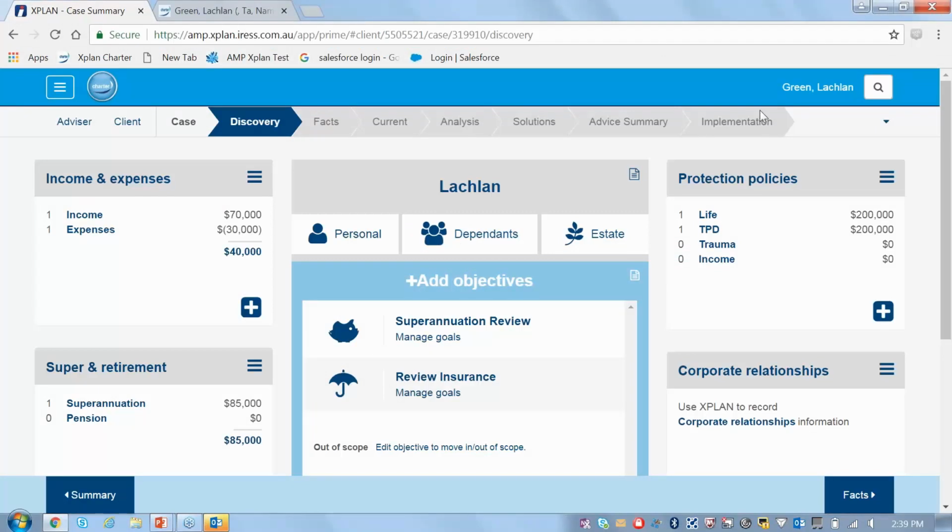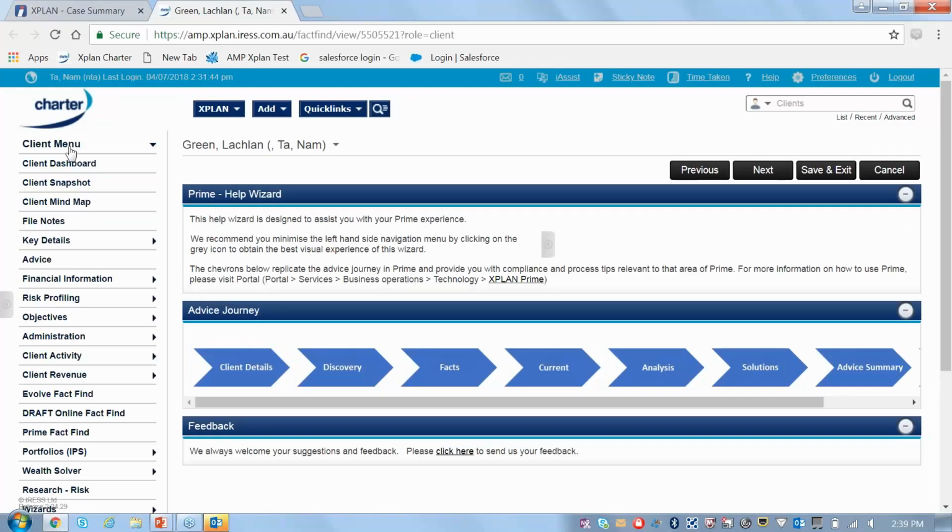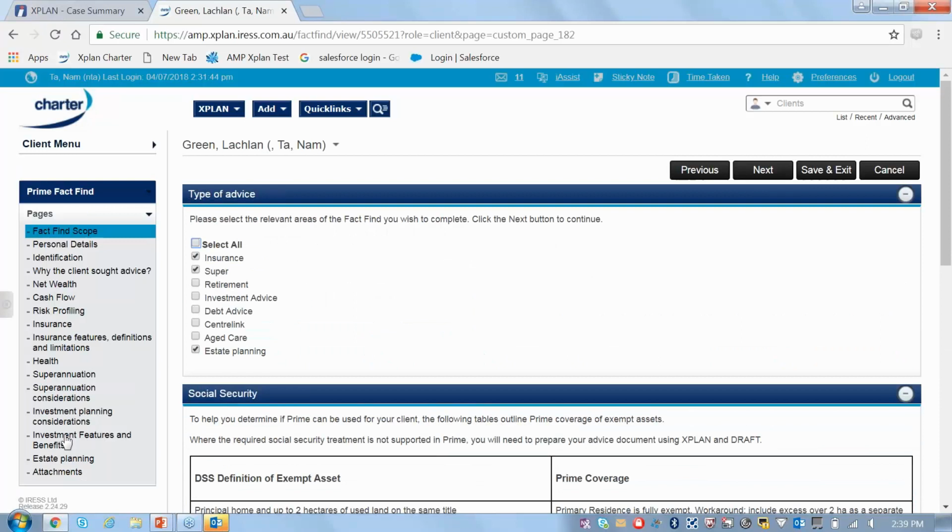Okay, so this is actually in XPLAN in the fact find, so it's going to go into XPLAN. Okay, so I'm in the client at the moment, Lachlan Green, and I'm just going to jump straight into the Prime fact find. So the first thing I do want to take you through is the fact find scope. Okay, and I mentioned before with estate planning,